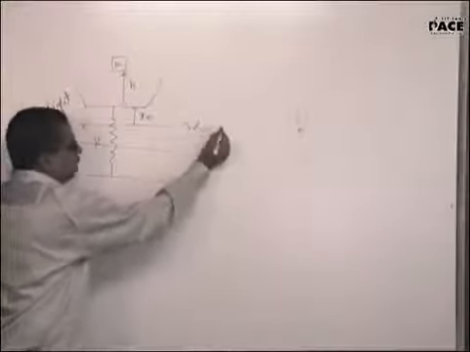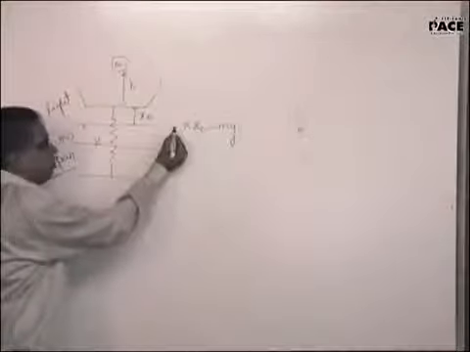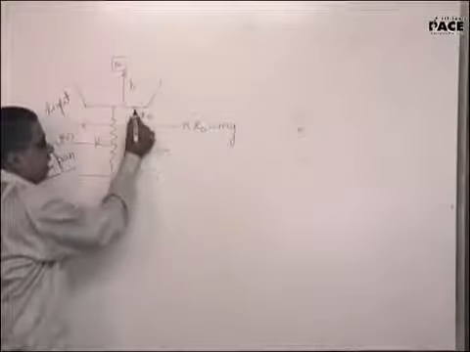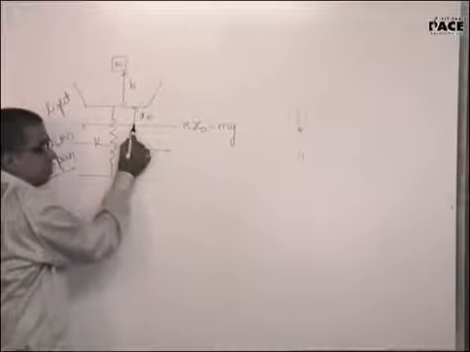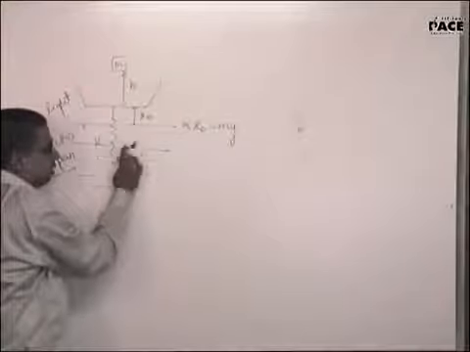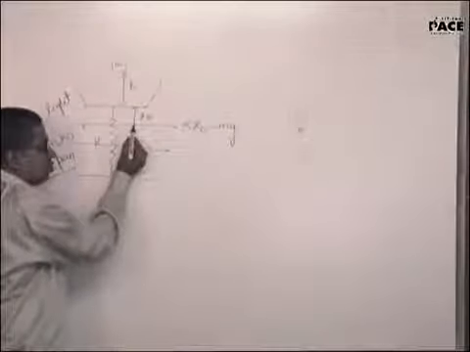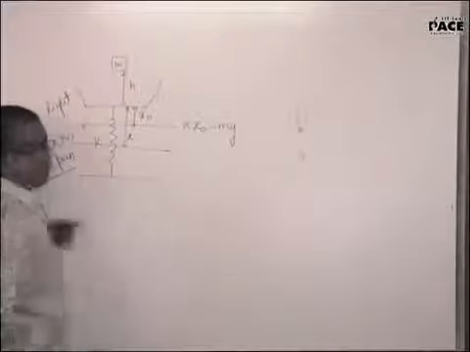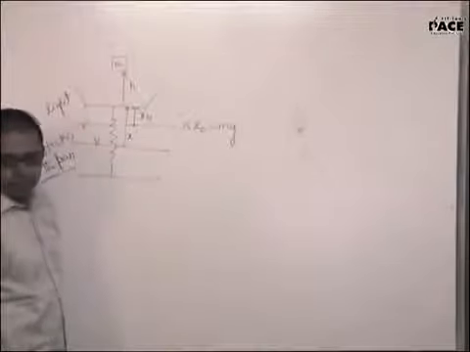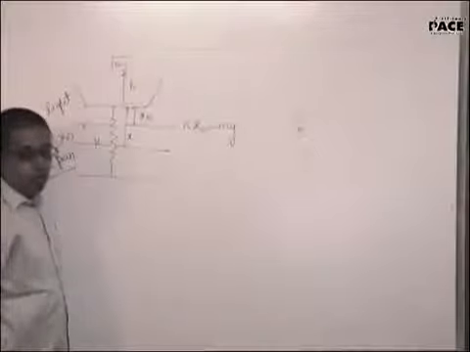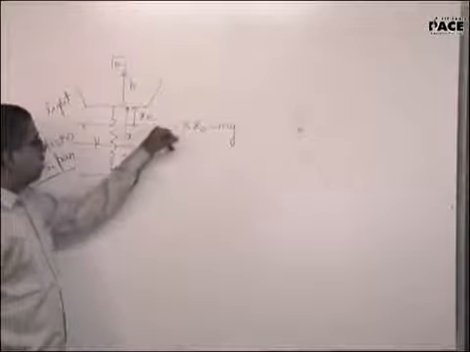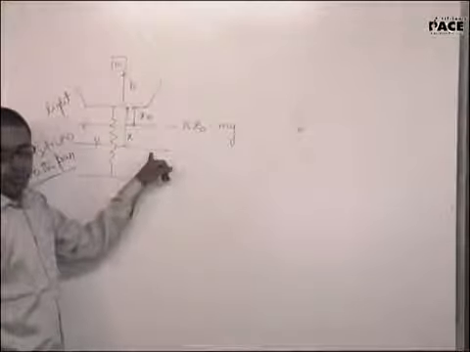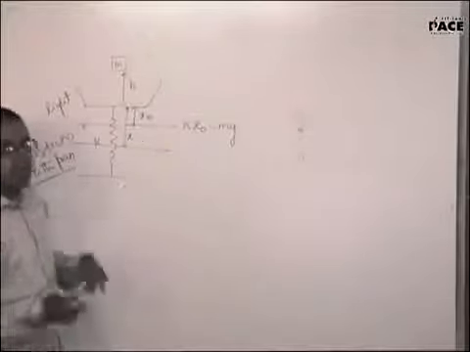But it will not stop here. This is the point where the force became 0 but not the velocity. So till it came down till here, mg was greater than kx. At this point, mg is equal to kx. If it further goes down, kx is greater than mg, so the particle will get decelerated and finally it will come till a distance of x and it will stop. Yes, sir. Now what will my amplitude be? This is the point where the force is becoming 0. This is the point where the velocity is becoming 0. So x minus x naught will be the amplitude.